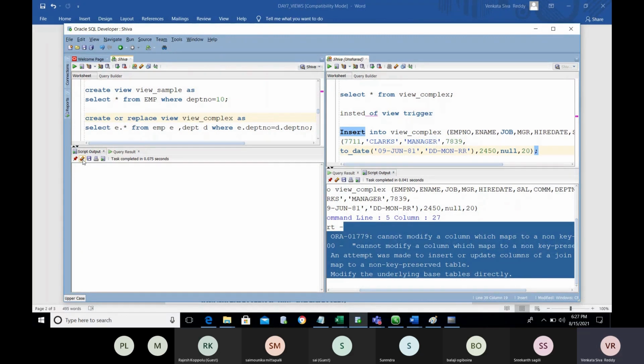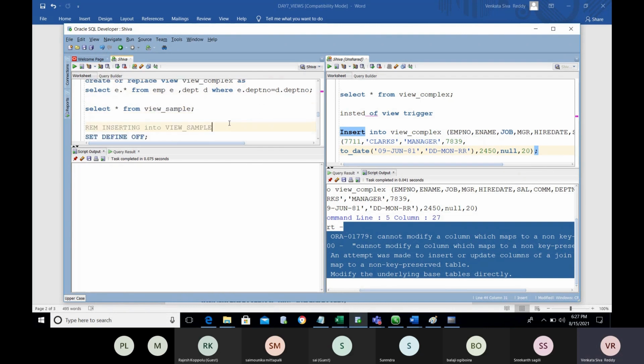Drop the view, not the table. It drops the original object and recreates. Got it? This is optional. When you are creating the first time, no need to mention the replace. If you are creating the second time, then you need to use this. Got it?